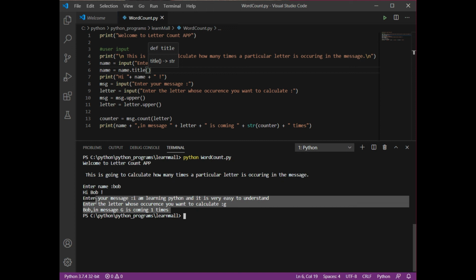Okay, so this is your program. Now if you want, you can make more changes in this program. If you want to make it more attractive, you can make many other changes in it. Okay, so in this way, with the help of this program, we have tried to explore all the string related functions and all the integer related functions that we did in our earlier lesson. Okay, so in the next lesson we are going to discuss some of the more interesting features of Python with the help of a program.